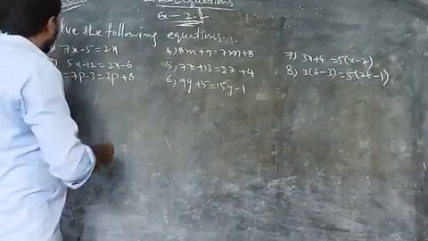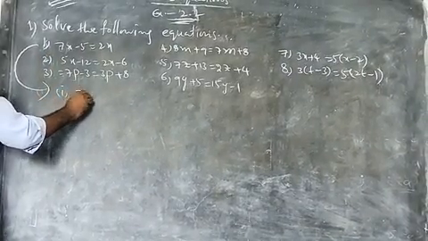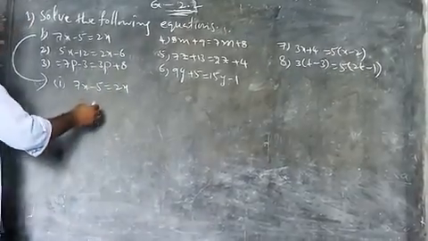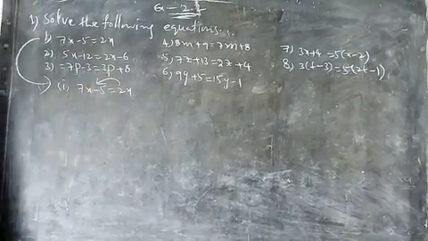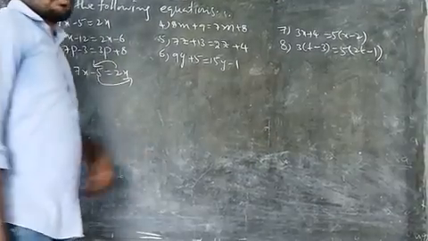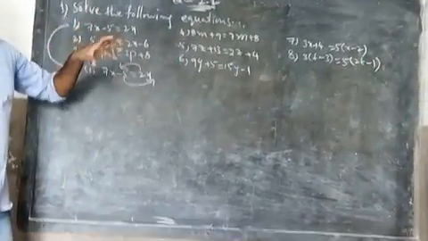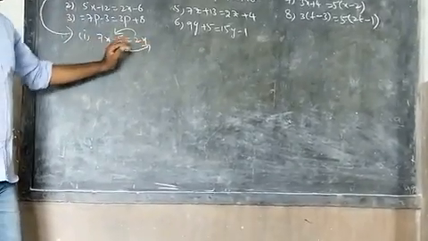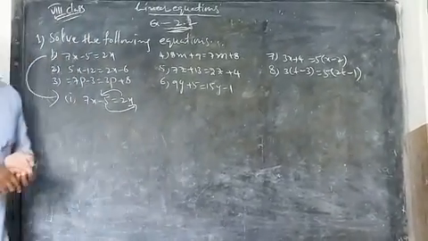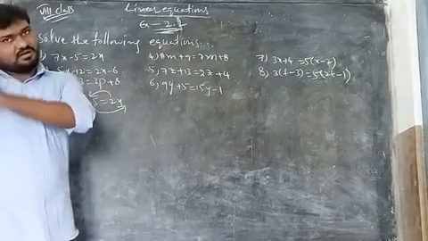Look, now I am going to take one problem: 7x minus 5 is equal to x. So now you are going to translate x to the left side and minus 5 to the right side. Why? Because now you are going to solve. Solve means what is the variable given in the equation? x. Now you are going to find only a single x, so you are going to find the x value.